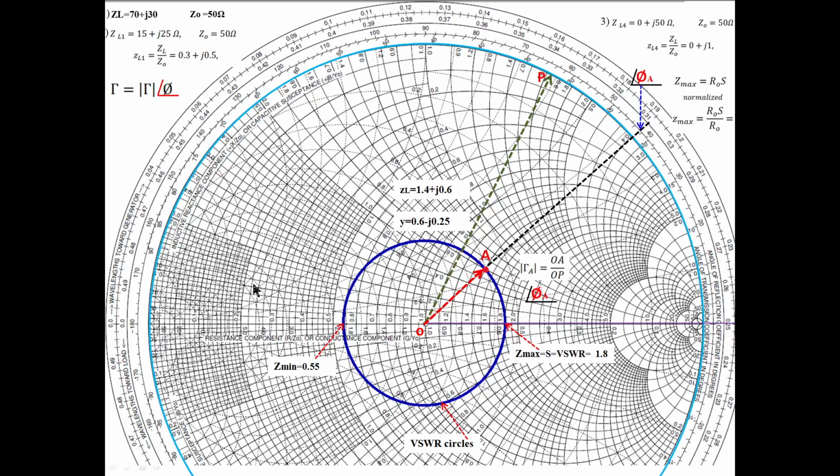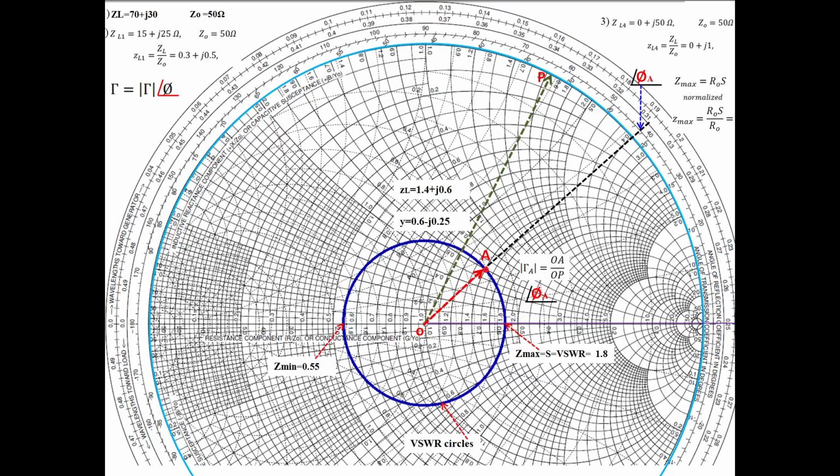In the earlier class, we were discussing how to use a Smith chart for different applications and how to find different transmission line parameters. Without a Smith chart, calculating parameters like reflection coefficient, VSWR, Z maxima, Z minima, or impedance at any point over a transmission line is difficult, because they need mathematical equations associated with complex numbers, so the calculations take time.